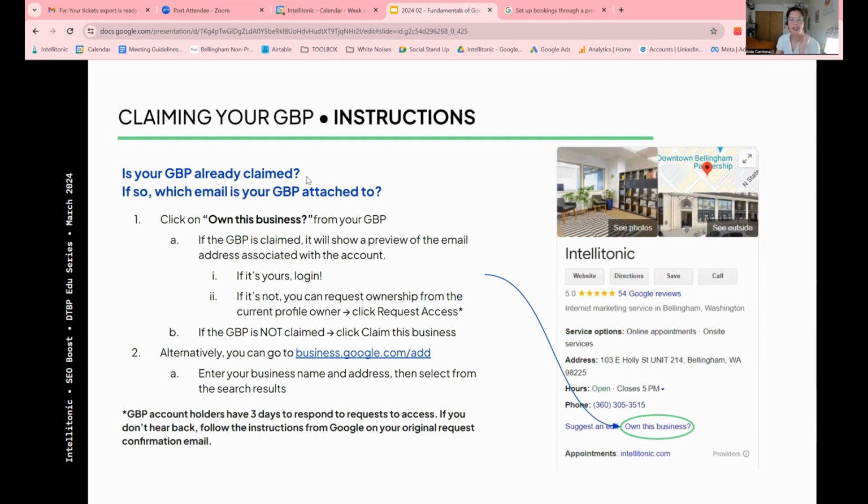First question that we want to ask ourselves is, is my business Google profile already claimed? So the way that we can discover this is just by searching our business name, maybe add a local identifier like Bellingham into the search bar. And usually on the right side, you'll see a Google Business Profile listing pop up. And right here, you'll see where it says own this business, and you'll click on that. And there will be a modal pop-up that comes up, and it says something along the lines of, this account has been claimed by the email address x